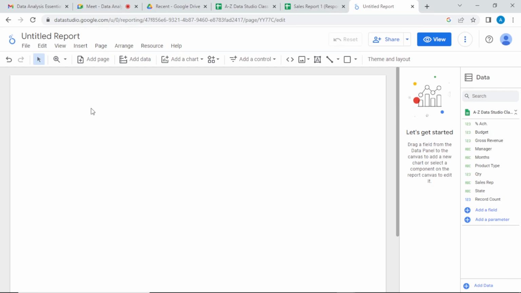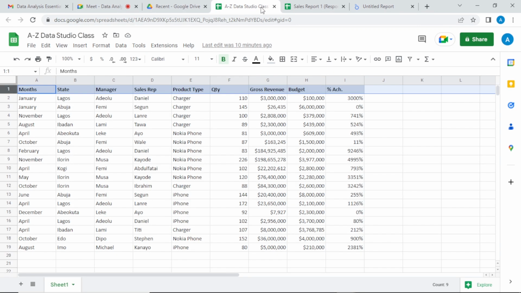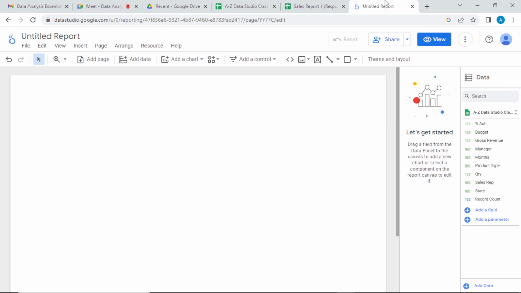Now that is how to connect your data from spreadsheets. We first start from Excel, which is the offline Excel. We copy it, we give it another name on Google Spreadsheet. We open it from our Google Drive, open a new sheet on Google Sheets, then we paste it, then we rename it and save it as A to Z Data Studio. So that's how to connect your data, your Excel file to